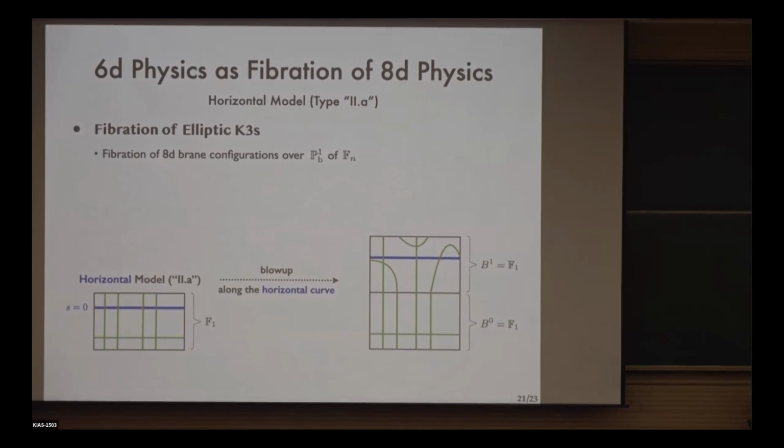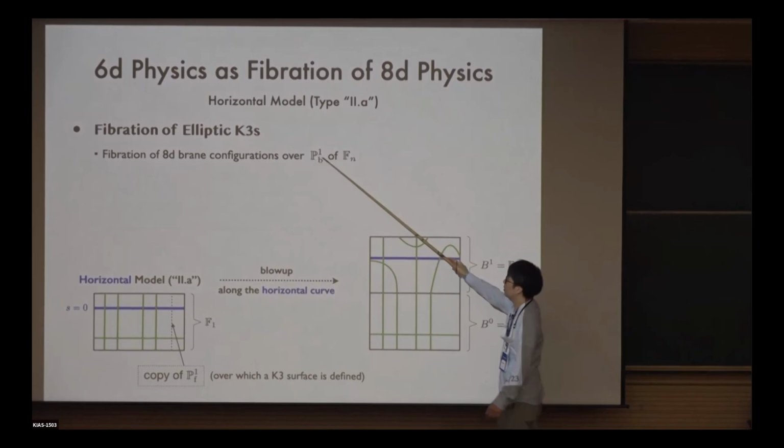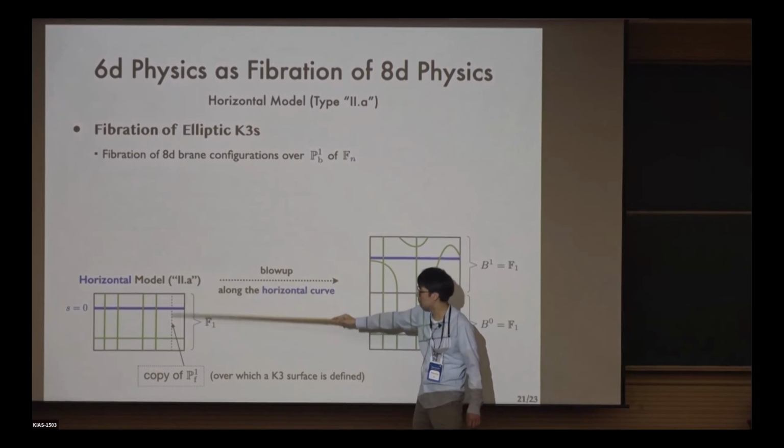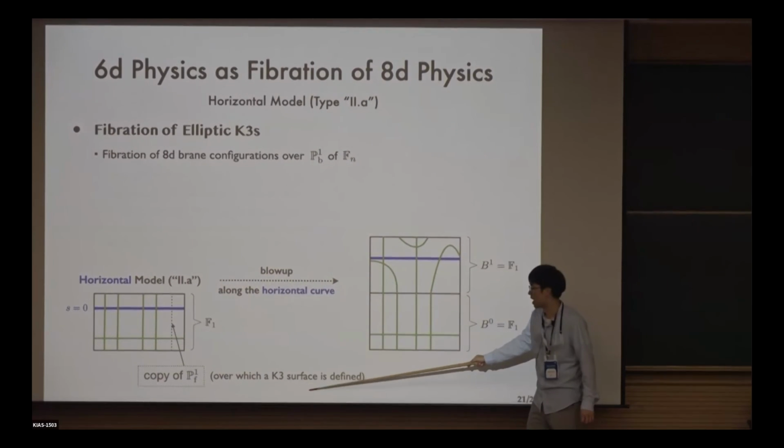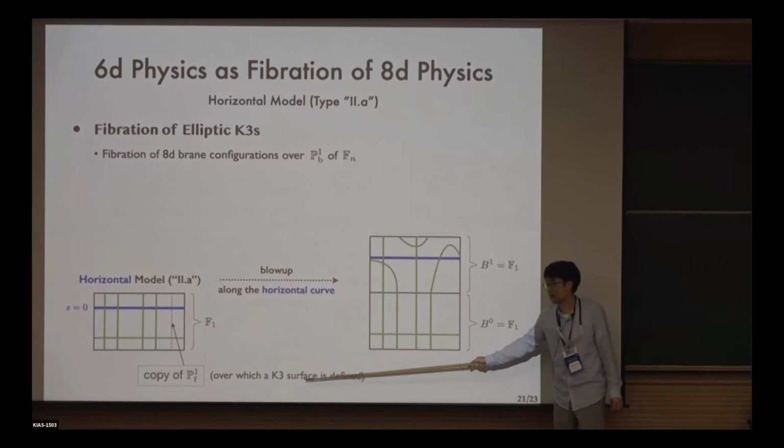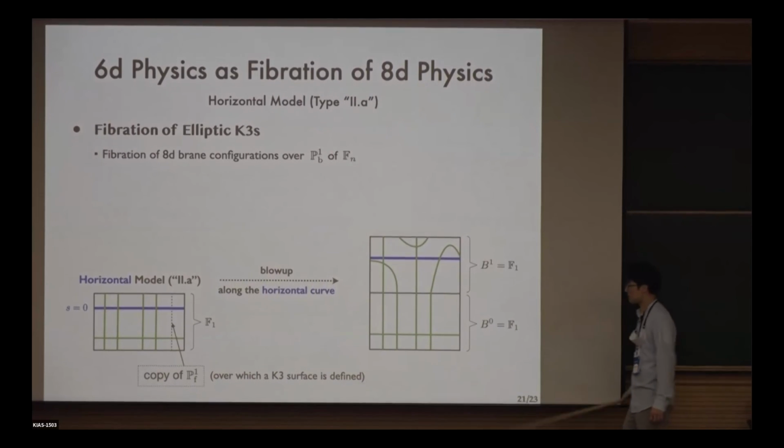So we're sticking with this second example. Let's try to interpret the 6D physics limit as a fibration of 8D limits. So geometrically, our base twofold is a Hirzebruch surface, which is P1 fiber over P1 base. So if we pick one point on this P1 base of Fn, then we get a copy of P1 fiber, over which we can define an elliptic fibration, which will be a K3 surface, which itself will be a fiber within the Calabi-Yau threefold Y3. So this is a nested elliptic K3 fibration.